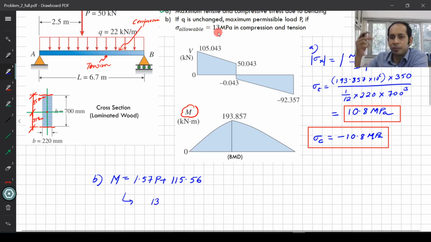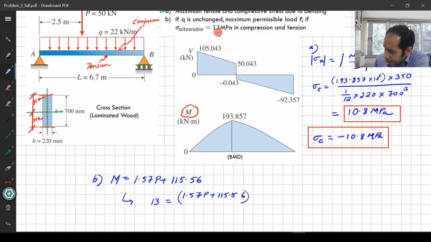It is going to be M times Y max, the distance to the top fiber, where M is 1.57 P plus 115.56, this is in kilonewton meter, so into 10 raised to 6, times the distance to the top fiber, that is 350